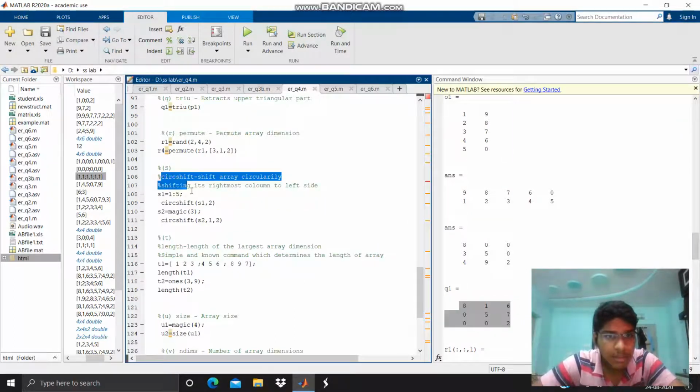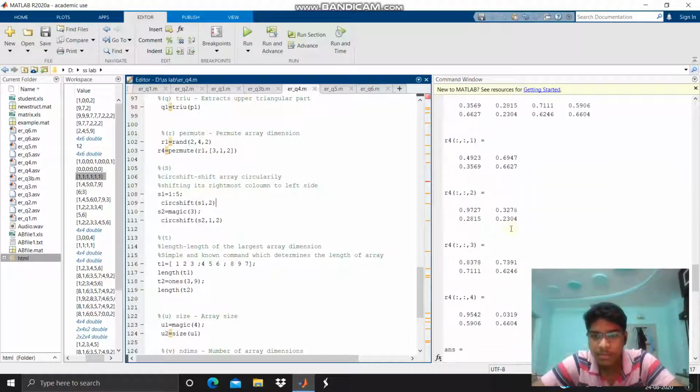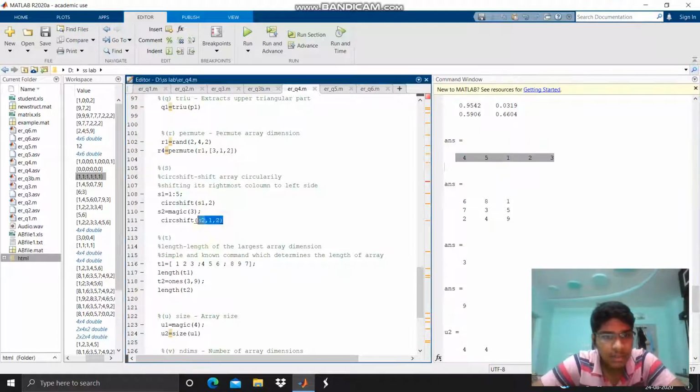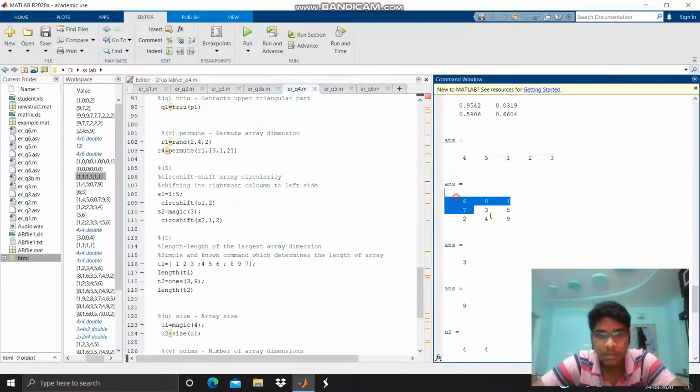There is also a command circshift. It shifts the arrays circularly, shifting its rightmost column to the left side. Here it is. This one is shifted, and similarly this one is the output for that one.